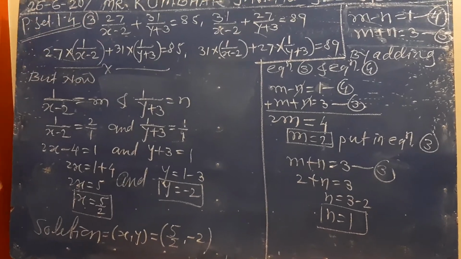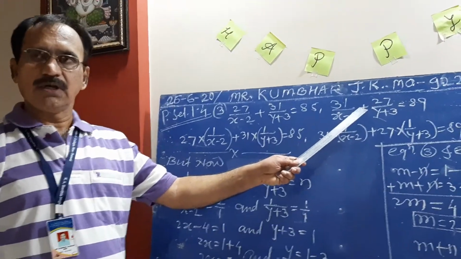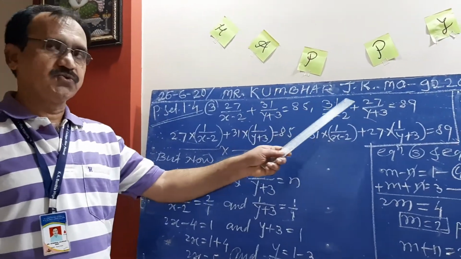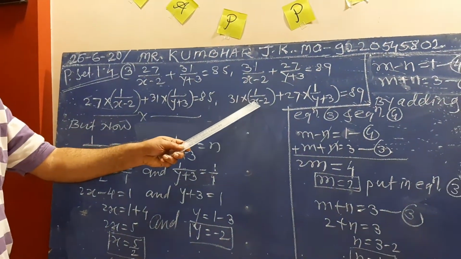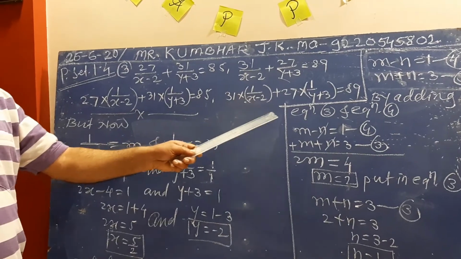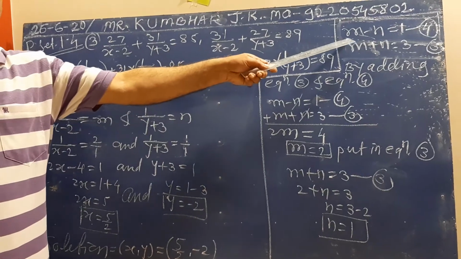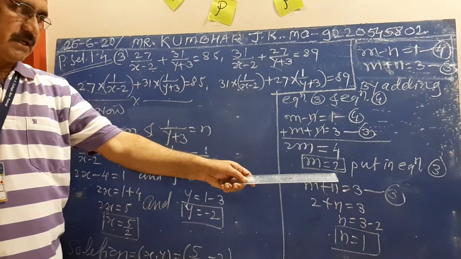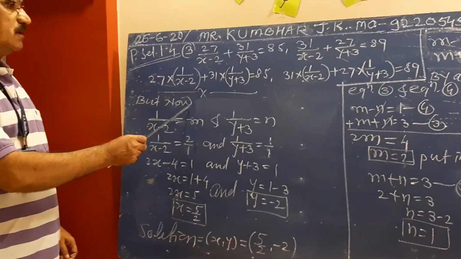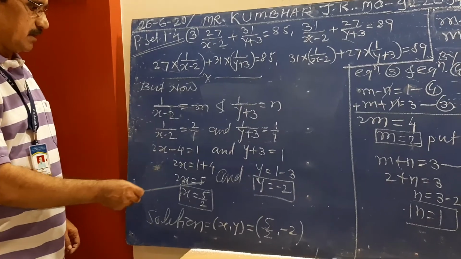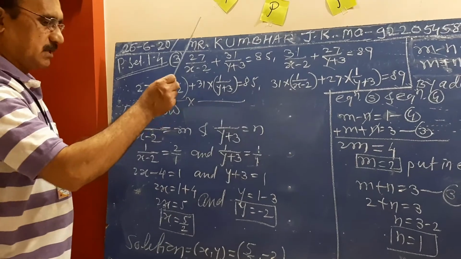Now see here, first convert this equation. These are two equations. We know the reducible system. First convert these two equations into linear equations in two variables by substituting this one. After substitution, your equations are in m and n. Then solve these two equations by the usual method. Then your answers are in terms of m and n, and then by resubstituting, your answers will be in the form of x and y, and this final answer is required for this example.